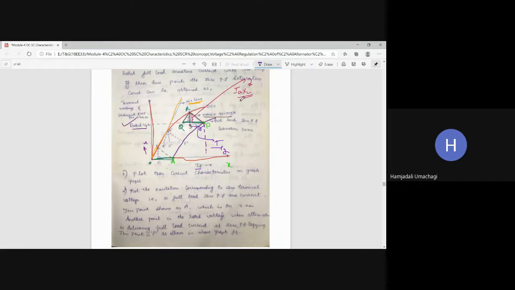Similarly, if I want to get Ia into XL, then the length of RS is the vertical distance, so you should consider the y-axis, where 1 centimeter is nothing but 1 centimeter voltage information. 1 centimeter voltage information multiplied with the length of RS will give you Ia into XL drop, whereas the length of PS multiplied by 1 centimeter of x-axis information will give you the field current IF2 required to counterbalance the demagnetizing effect of armature reaction.